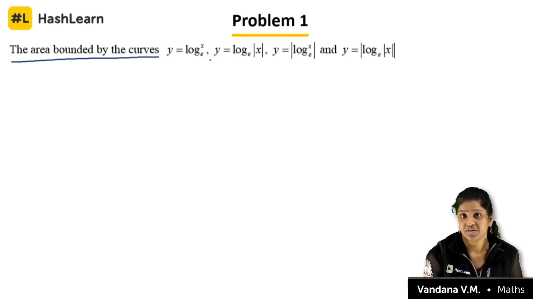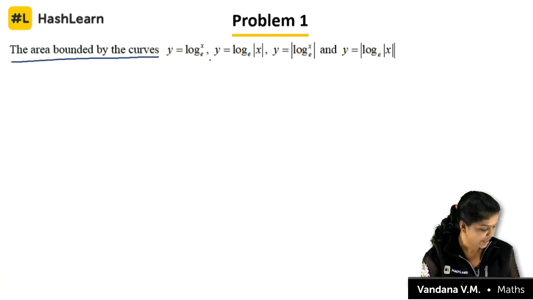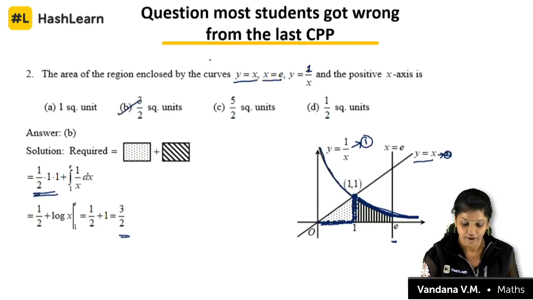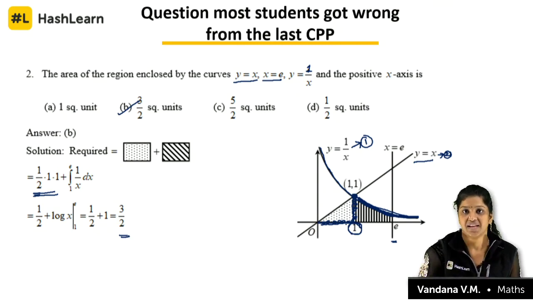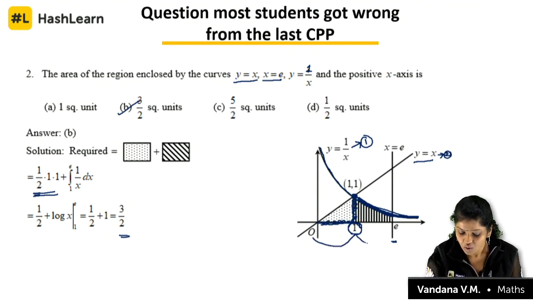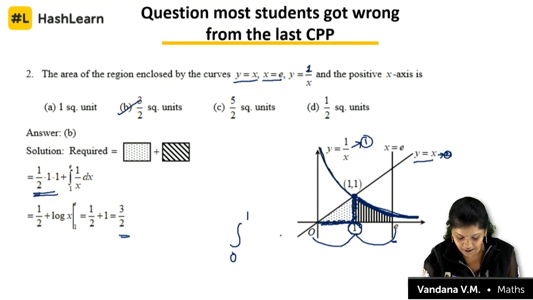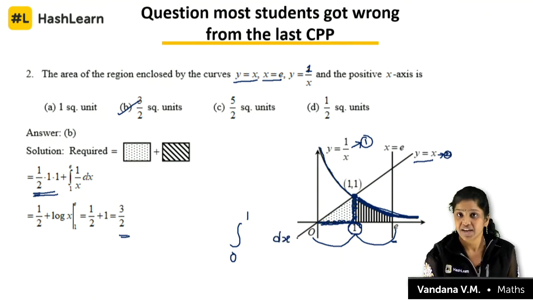Yes, very good question, Radhika. You can take x along with the x-axis or y-axis, but you should see the limits. Here, after finding the intersecting point, this point is 1. Now the required area is along with the x-axis. I know the points on the x-axis, that is 0 to 1, 1 to e. If I am taking the integral 0 to 1, these limits belong to dx. Whenever it is dx,